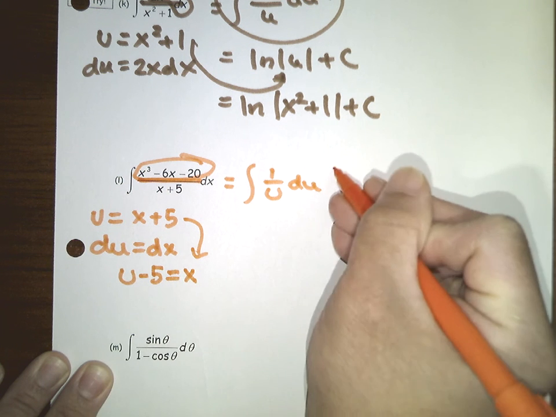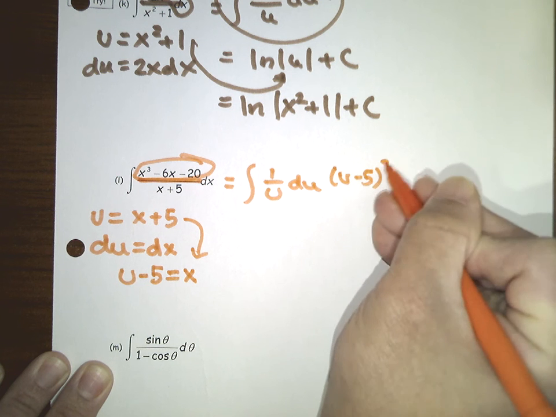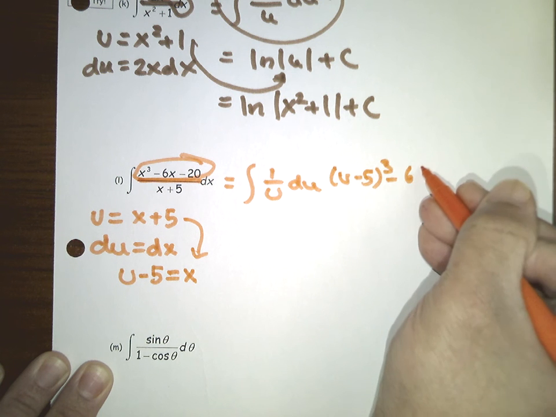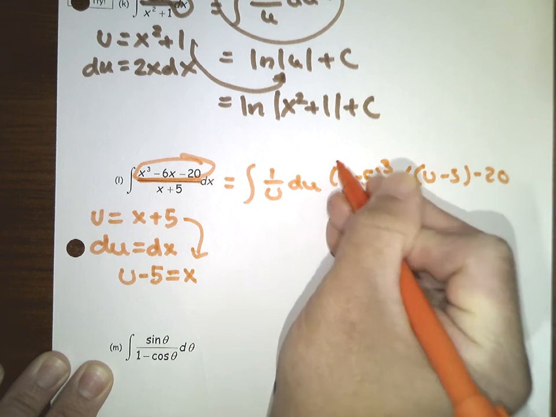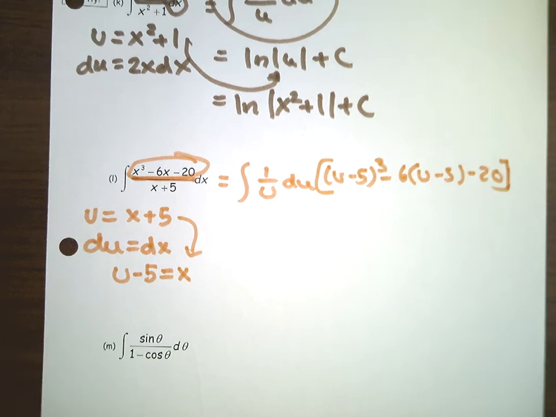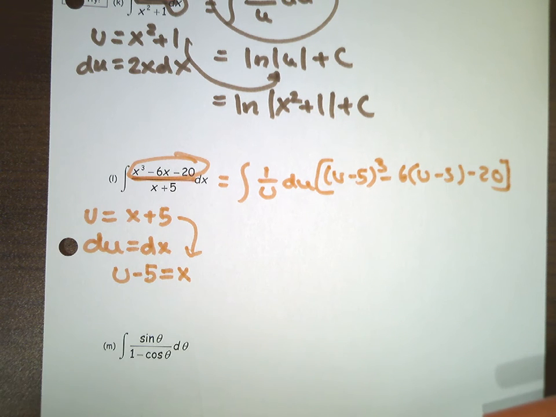So then you would have u minus 5 to the third minus 6 times u minus 5 minus 20, all right? And then it's all in terms of u, and then if you went ahead and multiplied this out,